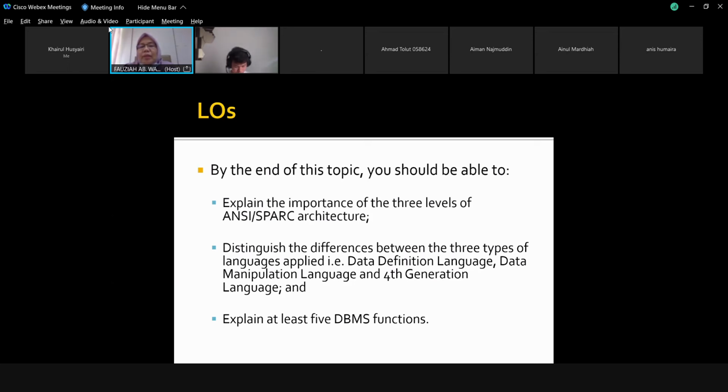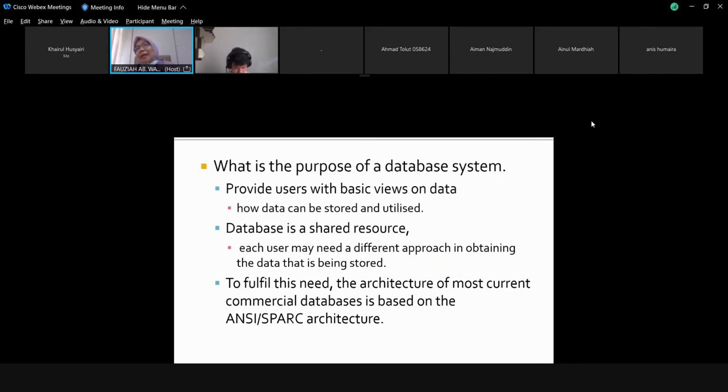And prompt generation language. And then you also can explain at least 5 DBMS functions. Ini kalau bila dah habis chapter ni, you boleh menjawab soalan-soalan tadi, insyaAllah boleh lah. So kalau soalan-soalan tadi tu tak dapat nak jawab, maksudnya you kena tengok balik, study balik. Okay, saya tengok